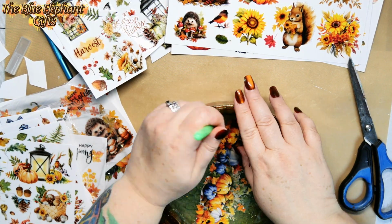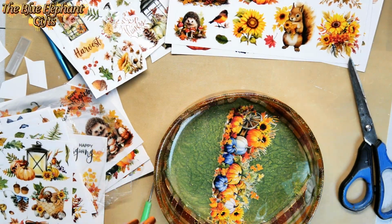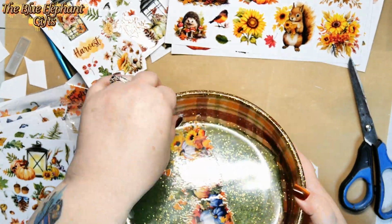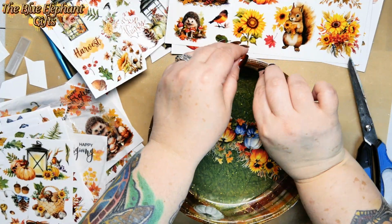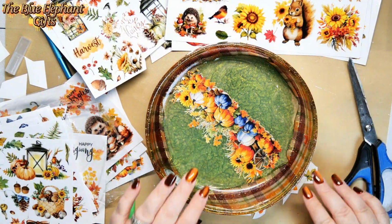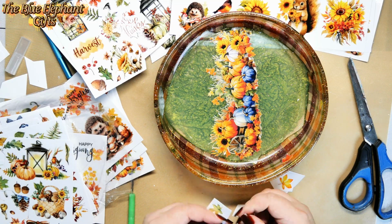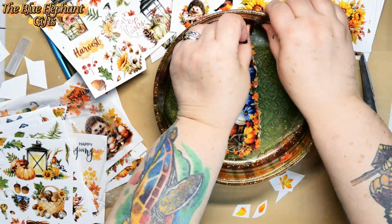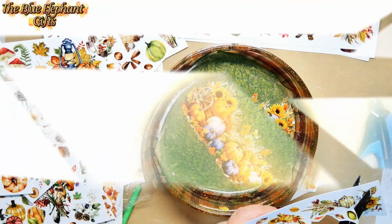And then that's it. Now, I say that's it, but this probably took me like an hour to figure out what pieces would look best with what, like the color scheme and the original two main piece pumpkin stickers that I picked, what I wanted to use and all of the things. And because there's so many gorgeous ones, I really had a hard time making up my mind. And then I pulled out a second pack,